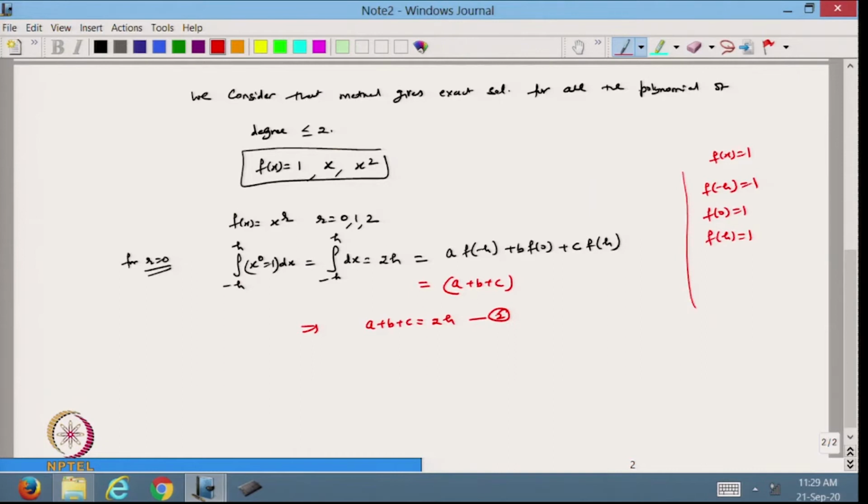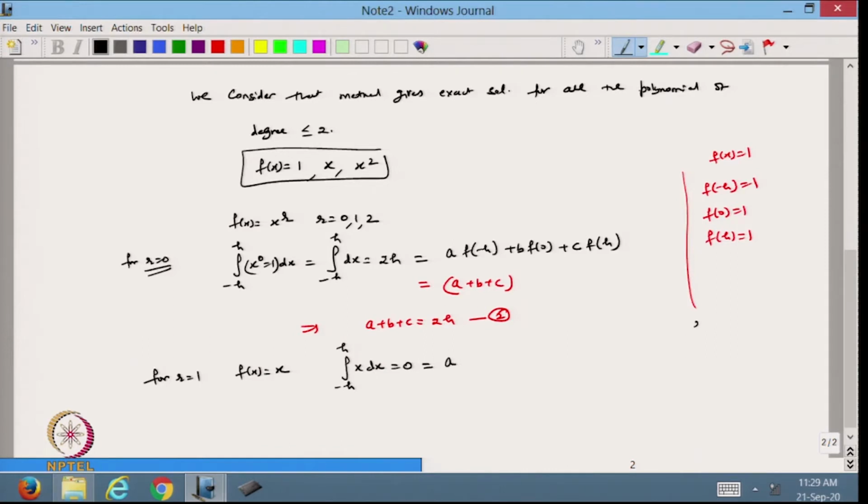So, I call it equation number 2. Then for r is equal to 1, my function f(x) will be just x. Now, from the left hand side, the integral from minus h to h of x dx. It is an odd function and I am integrating from minus h to h, so I know that this value will be 0. So, it is just this value, and on the right hand side I will get a